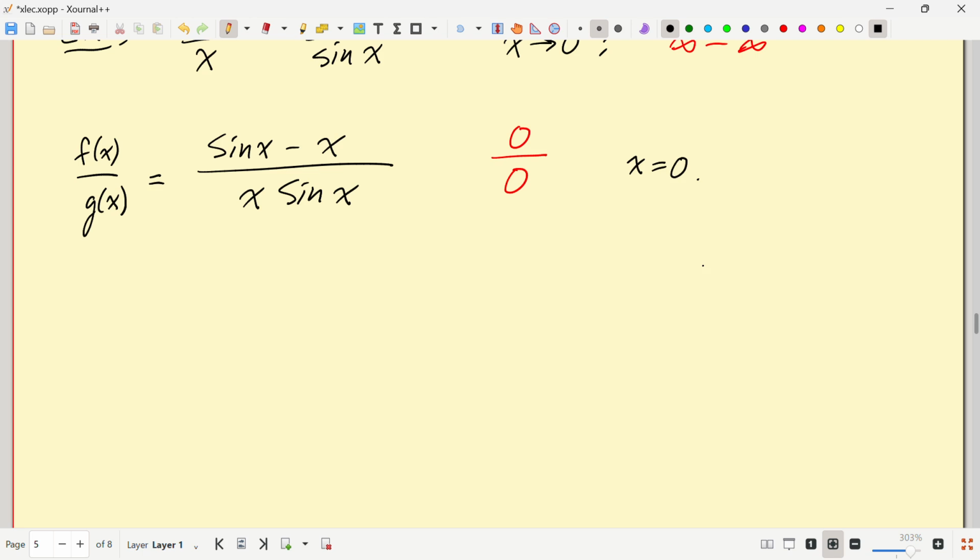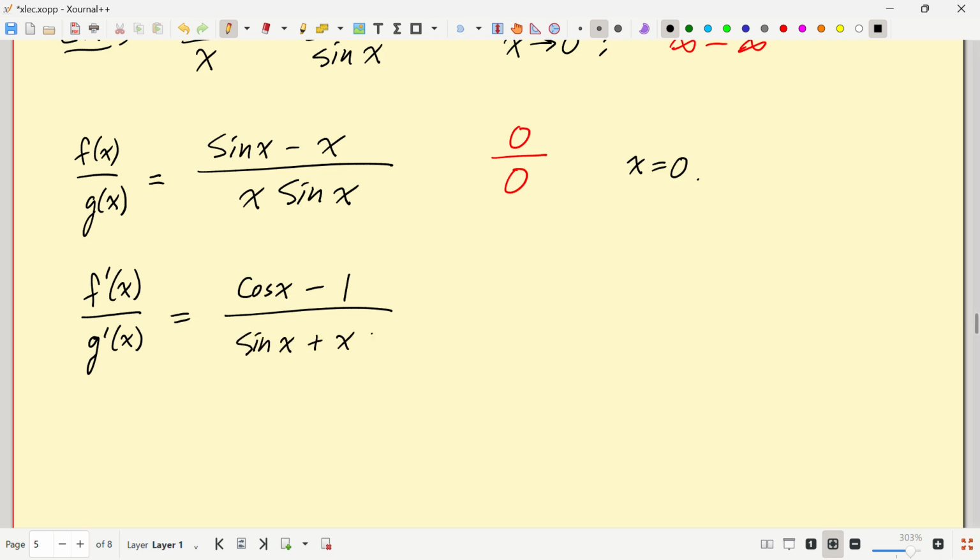Let's see, what would be f prime of x over g prime of x? That would be cosine x minus 1 over sine x plus x cosine x. And the ouch is, that's 0 over 0 again. But if I do it one more time,